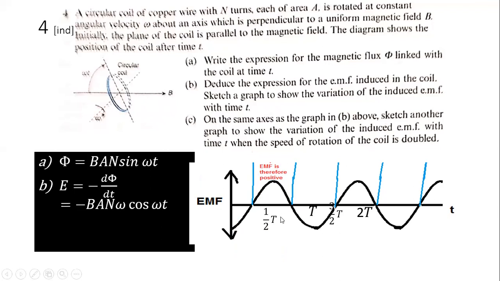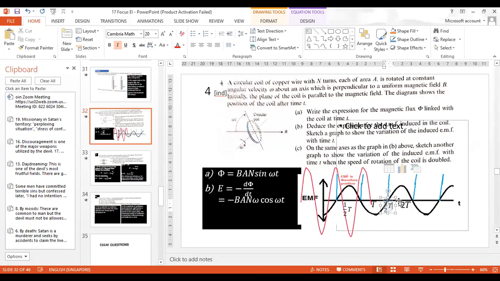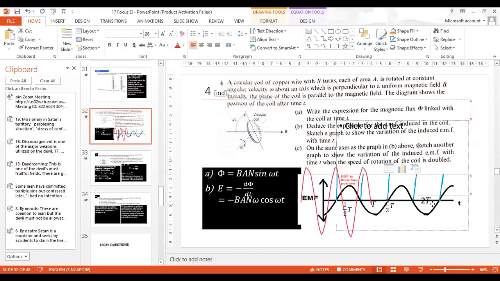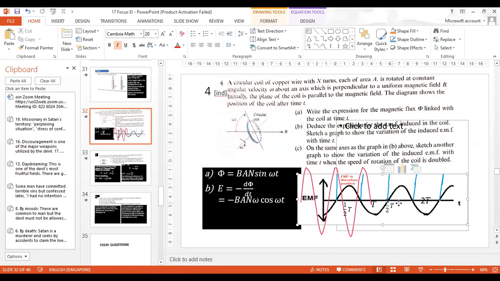Okay, that's half the period. That's a period. EMF is negative. So it's a negative cos graph. There's your period there. So your two period will be here. Sorry, two period is so wrong. What am I doing? Two period is here. 3 over 2 period is